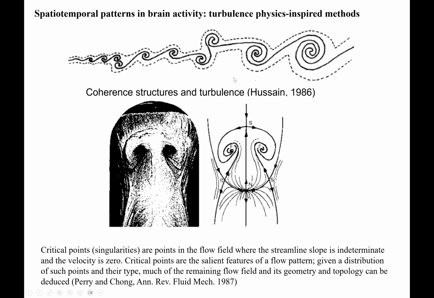As demonstrated here. And in turbulence, to characterize these coherent patterns or structures, we often look at the velocity vector field. When analyzing the velocity vector field, we can see some singularities or critical points. In the physics literature, they're called singularities or critical points. As demonstrated here, we have a saddle. So this is a saddle. We have stable and unstable manifolds, and here we have a spiral around here, and here we have